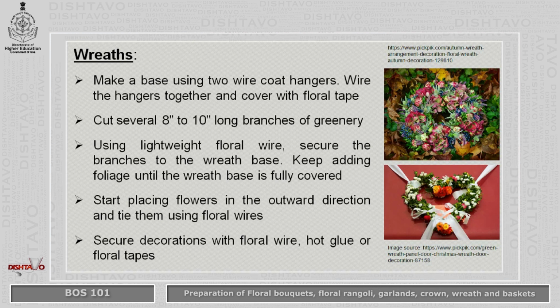First greenery is placed and foliage is added all around the wreath, and then on top of it flowers are inserted. Flowers are placed from the outward direction, and then they are tied many times using floral wires so that they are secured. If we are not using floral foam, the flowers should be tied with wire, and hot glue and floral tapes can also be used.